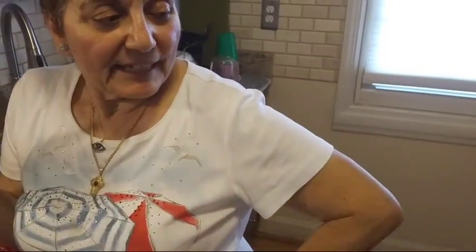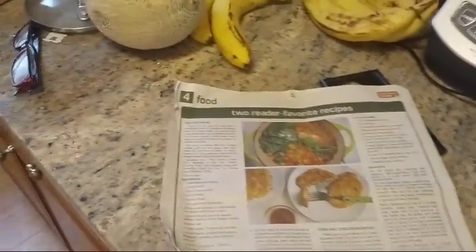What newspaper is this from, anyways? Local paper? They just drop it on the... Yeah, so it's some kind of local paper. And once in a while I like the recipes. Sometimes they have recipes I'm not interested in. Mm-hmm. But this one, I think,